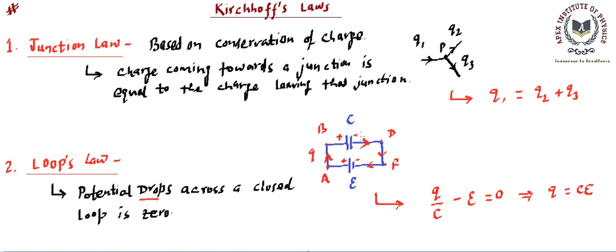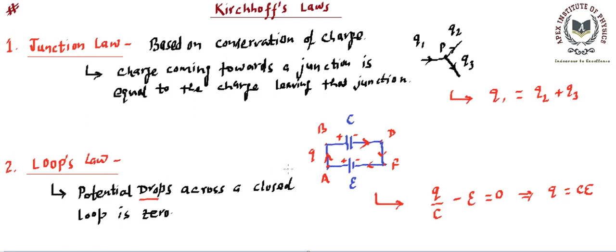So all these circuit elements will have potential differences, and out of that potential difference we will look at potential drops. To identify the potential drops, we must be able to know which terminal is positive, which terminal is negative, and then we must be sure in which direction we are moving. So accordingly we will assign the sign. If we are moving in the direction in which the potential drop is taking place, we will write it as positive. If we are moving in a direction in which the potential gain is taking place, we are going to write negative. We will sum them up and put it equal to 0. Right? So if we follow this concept, we can find the equation for all the loops, and that equation is based on the loop law.